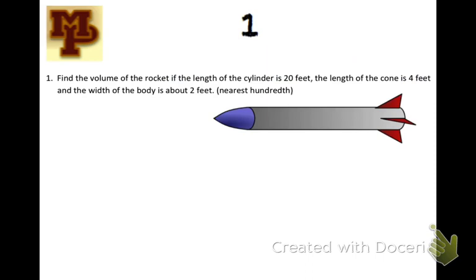Okay, first question. This is actually divided between a cylinder and a cone. So this part here is the cylinder, and this part here would be the cone. So if you want to find the volume, you would just use the two different formulas. So cone has a good formula. That one is 1/3 times the area of the base. Now the area of the base is actually a circle, and it says that this